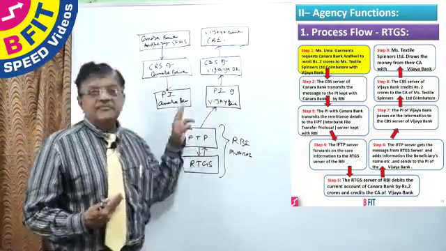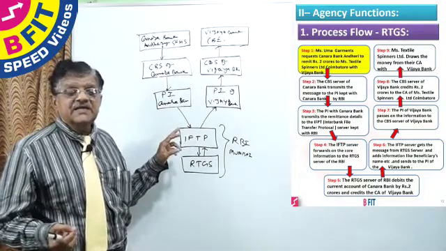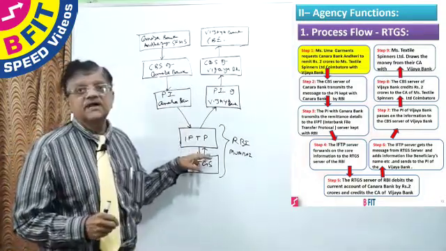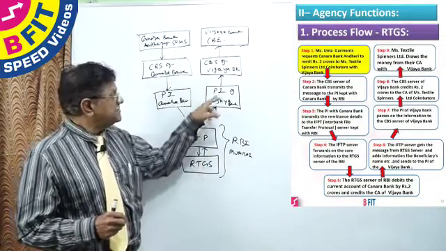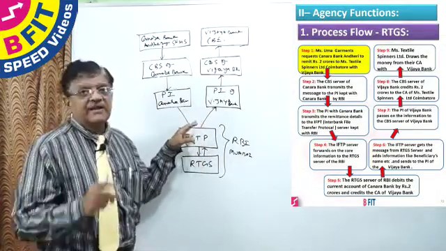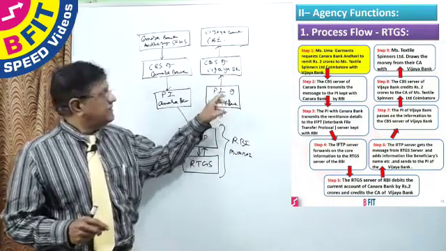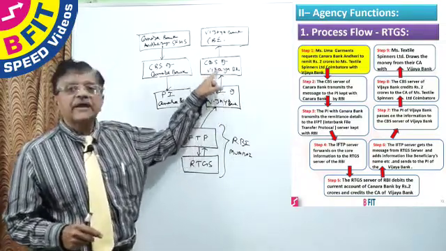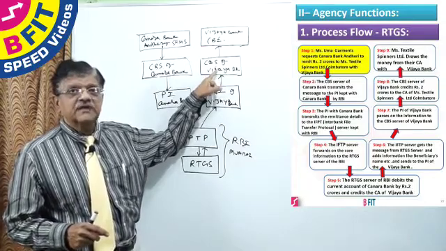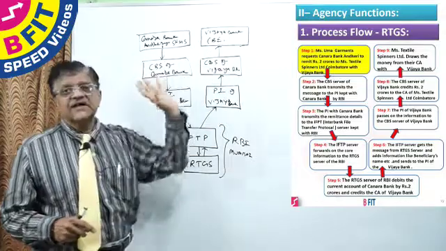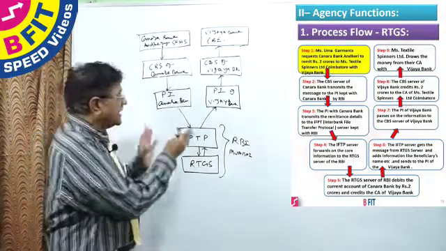Here this PI, please remember, PI is the client of the Reserve Bank of India server. The participant interface is given for each member, as I just now told. This PI is with Vijaya Bank. The PI of Vijaya Bank is connected to the core banking server of Vijaya Bank, and the core banking server is connected to all the branches. Here in this case it is Coimbatore. This is the architecture.